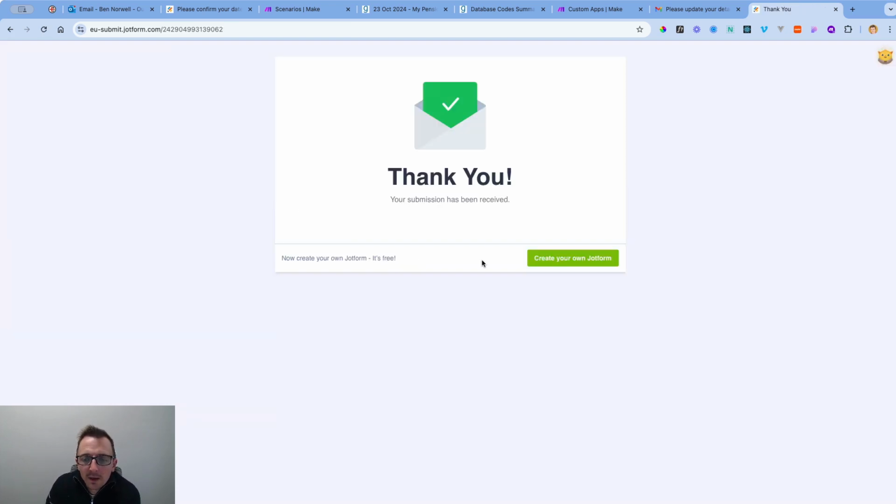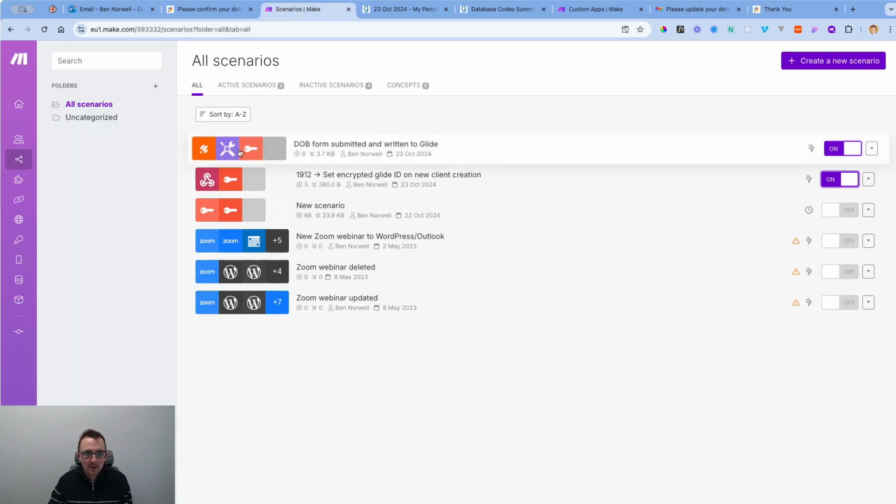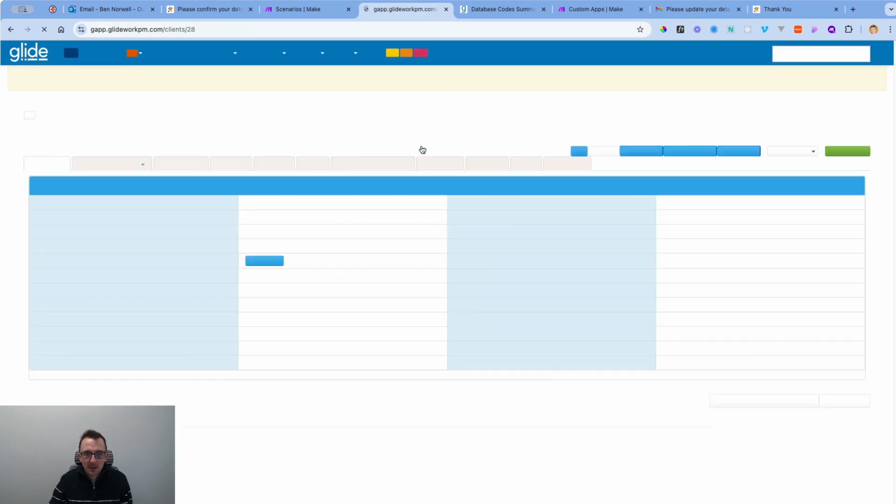Yeah, we've submitted it. So what do we know now? Well, JotForm has received that submission. It is aware that we have registered a webhook, so it is now contacting that URL within Make. Make will run the scenario. It's converting the date to the format Glide wants, decrypting the Glide client ID, and sending that all onwards to Glide. So when we go back to My Pension Scheme,